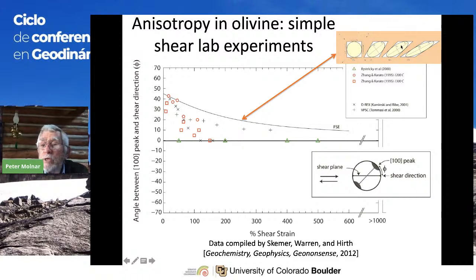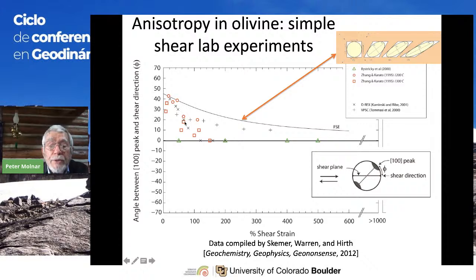That as you increase the strain, you also change the orientation of this peak. It starts at 45, random orientation, and it becomes closer and closer to the orientation to the plane of the shear itself. The plane of the shear is horizontal in this direction. And the magnitude of strain is shown down here. That's 100% strain. 100% strain is probably a pretty good approximation, maybe I'm wrong. Maybe this one is 100% strain. But these are large strains.